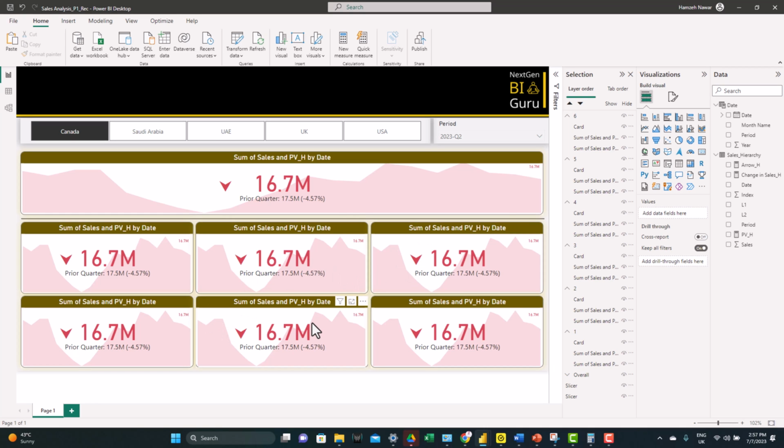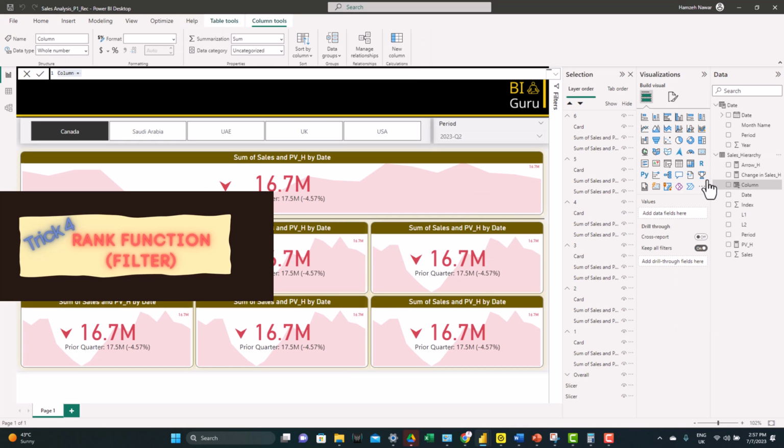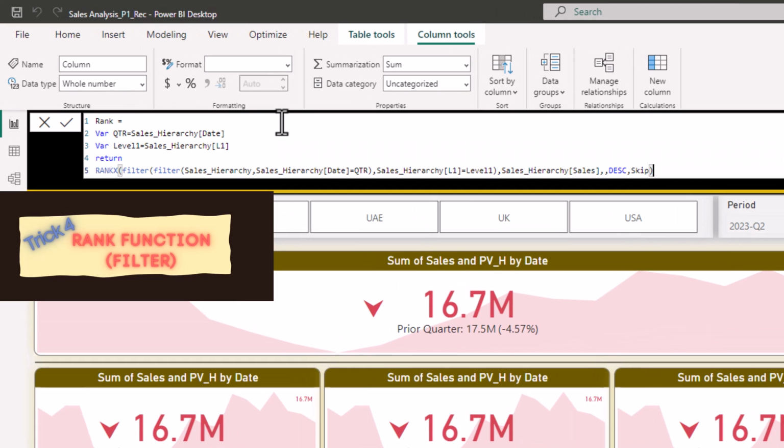And to do this, that brings us to the 4th trick. We'll add a new column to the sales table. Right click, new column, and I have it ready. I'll just paste it. In this function, we first define a variable to group all the records in the same period, and also another variable to group them in the same country.